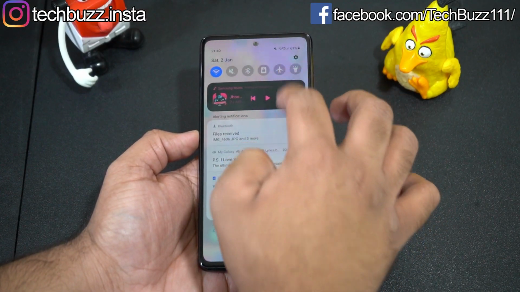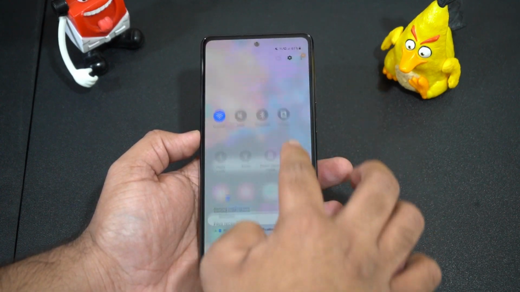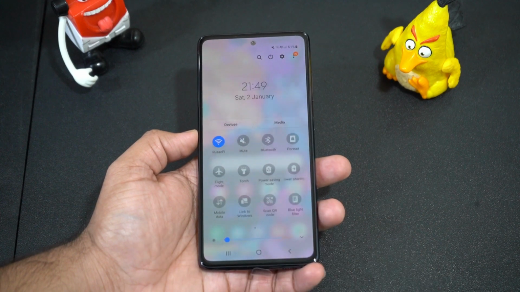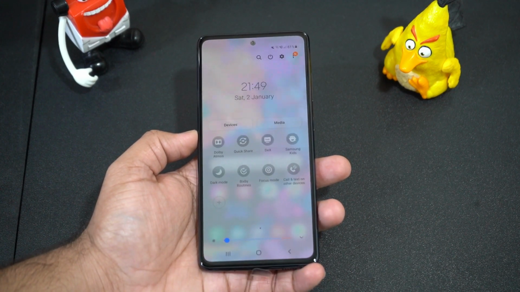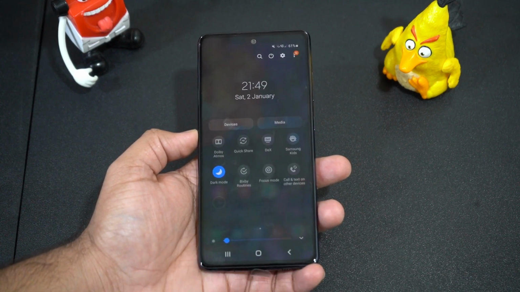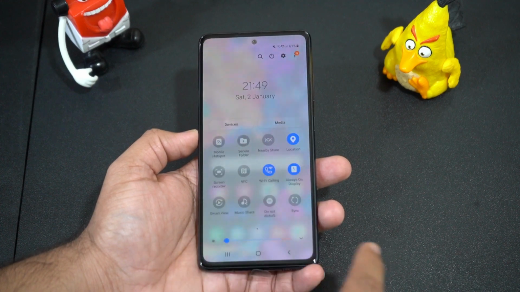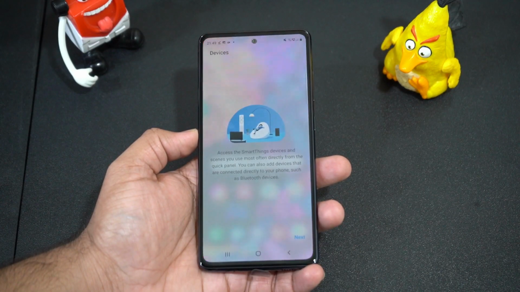The notification and quick settings panel has been revised as well to give a much fresher look. It has a transparent look which looks much better than the opaque white background of Android 10. The icons in the quick settings panel have been revised as well. And when you turn on the dark mode, the quick settings panel has a transparent black look instead of just plain black.